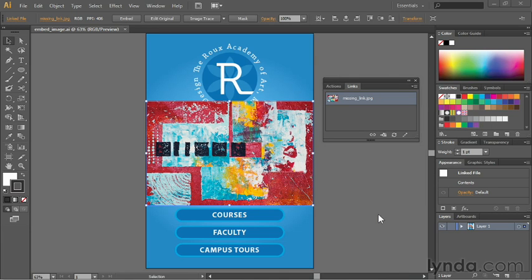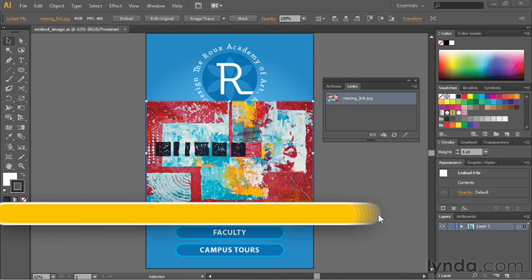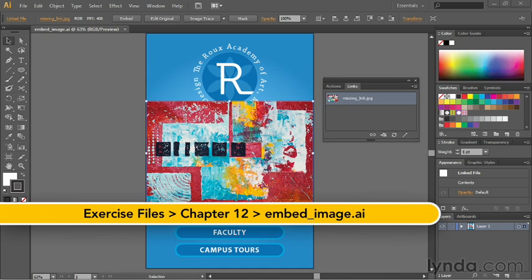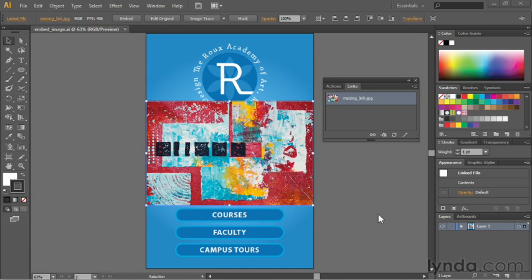As you continue to work with raster-based images inside of Illustrator, you may find the need to crop those images. Unfortunately, there's no way to crop a bitmapped graphic inside of Adobe Illustrator. It's better to do this inside of Photoshop or a raster-based image editing program. But if you need to keep this file in its entirety and you want it to simply hide portions of it, you can do that inside of Illustrator by utilizing something called a mask. In this movie, I'll show you how to eliminate certain portions of your bitmap graphics by utilizing a masking technique